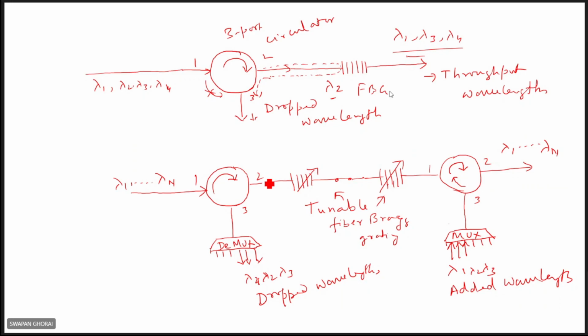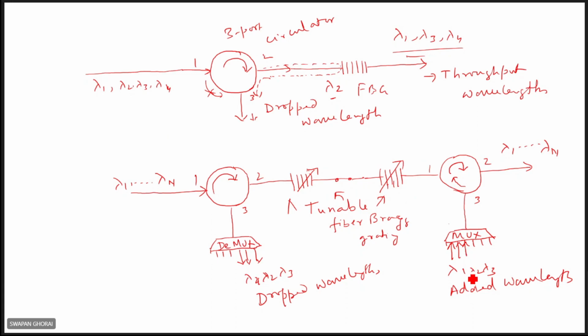Here you can vary the capital lambda, the grating period. So a single grating can reflect, but one at a time, depending on the period. So it can reflect any wavelengths in that range that will satisfy the Bragg conditions. Not only a particular wavelength, but other wavelengths can also reflect depending on the period. There is tunability. So here it is 3 wavelengths, so 3 gratings are there. 3 gratings will reflect 3 wavelengths.